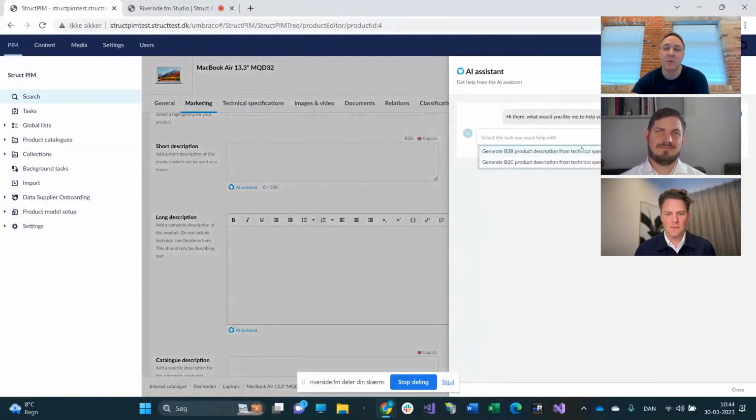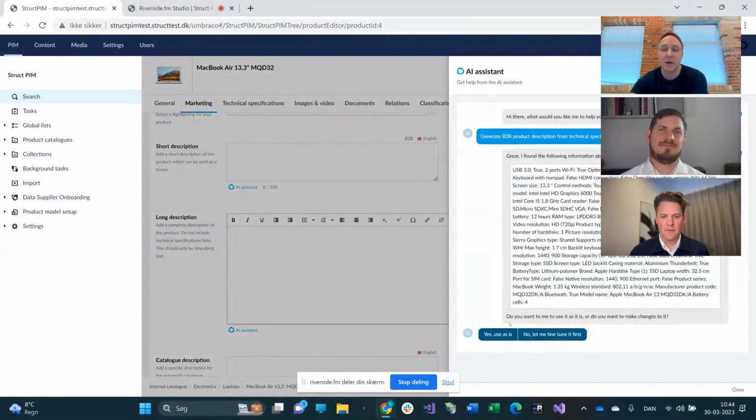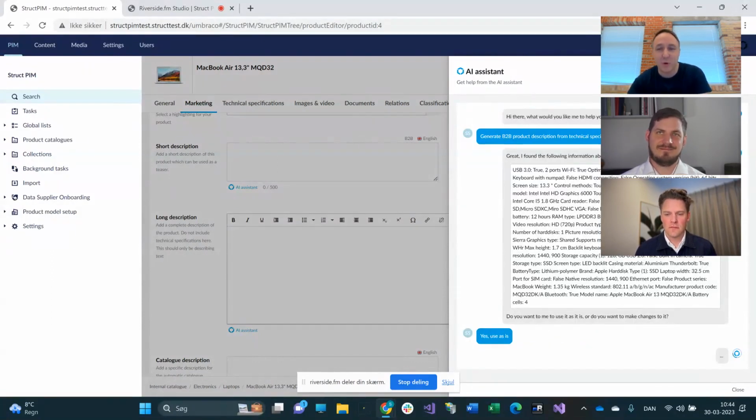I'll say that this time I want to create a B2B description here, and I'll just use the information again. And now it uses a different command to create one where we focus more on business values and how it works in a business-to-business situation. So it's working on creating that now.